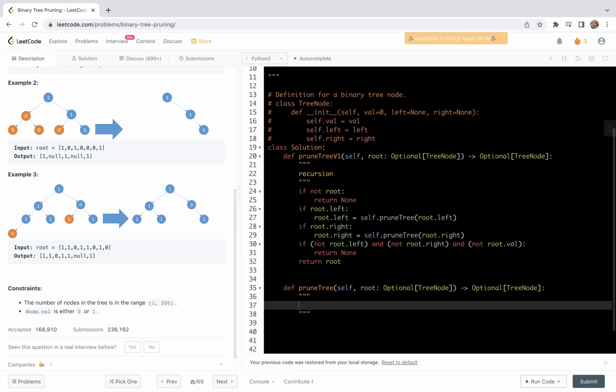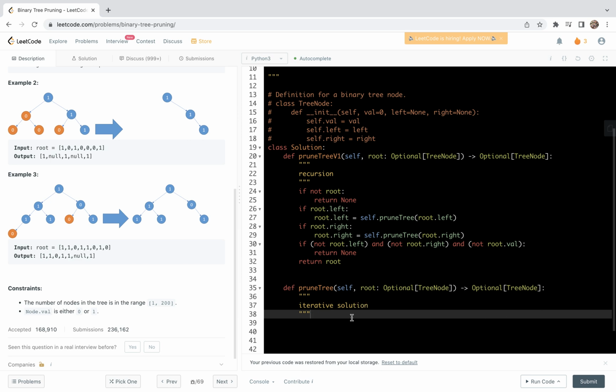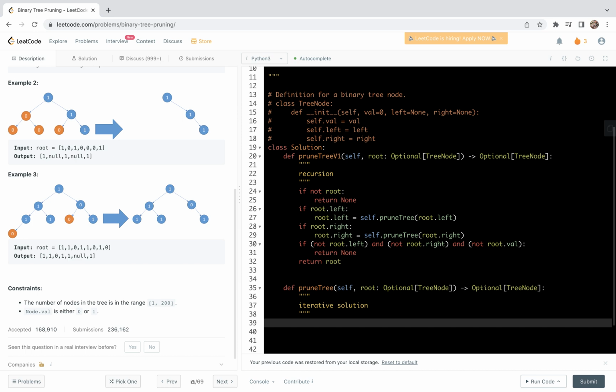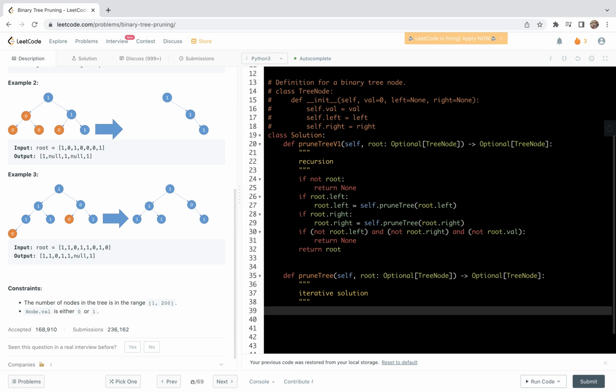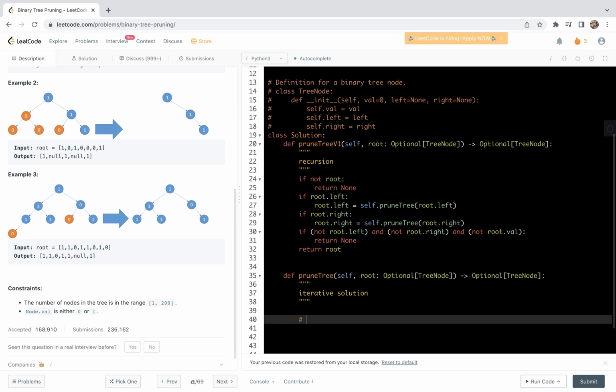Now let's look at this second format. The second format is an iterative solution. Here we are going to try to do the removal by hand. For this, we need to check if a subtree contains one value or not, right? So I'm going to write a helper function to check if the whole subtree